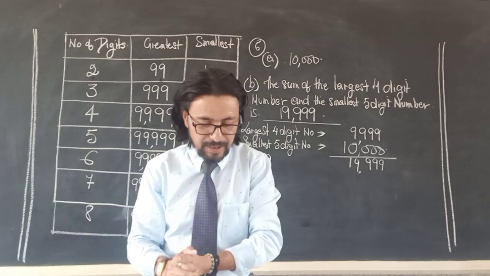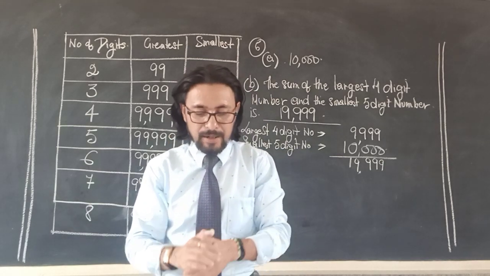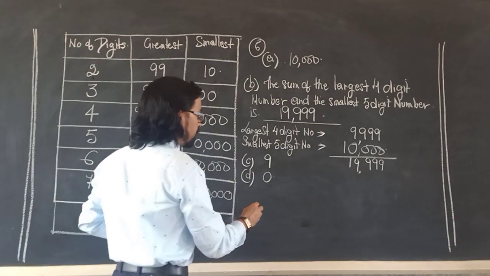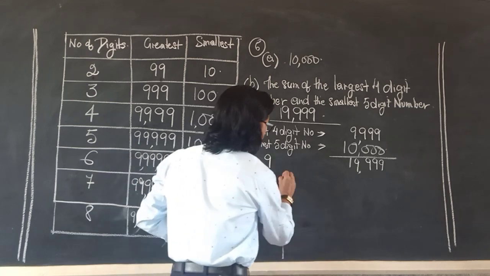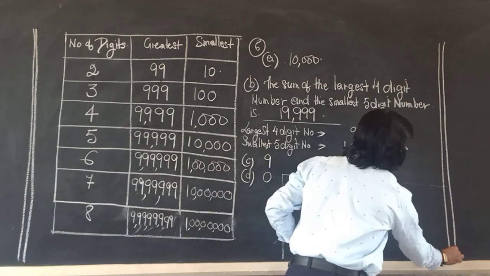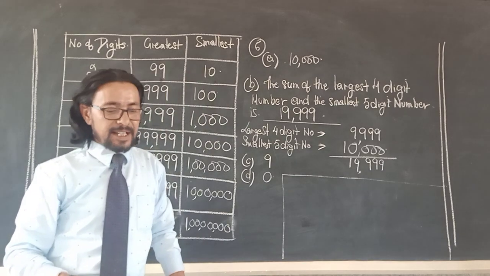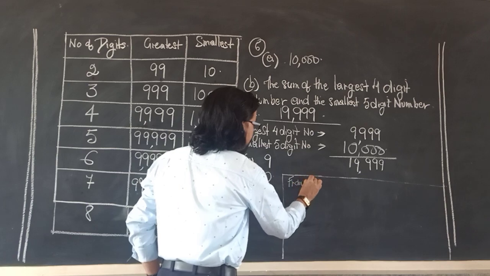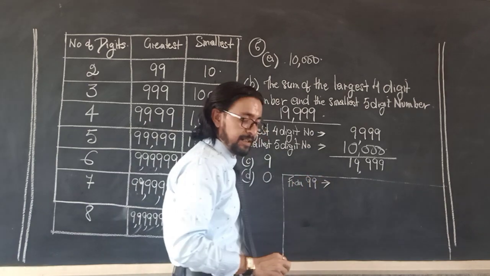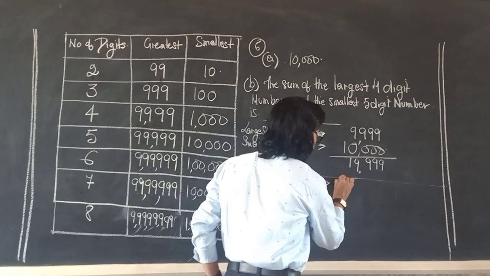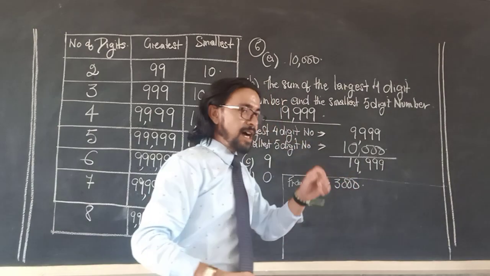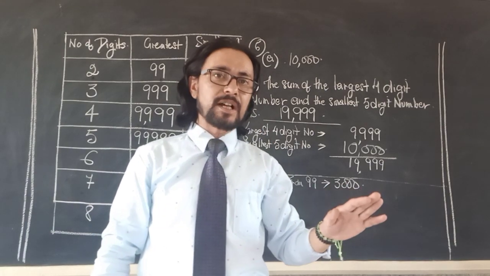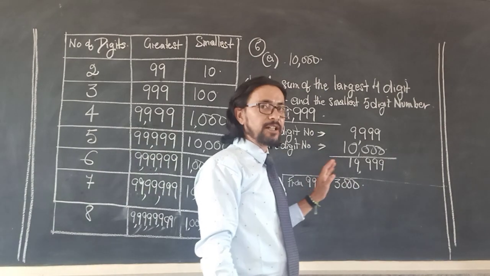Now it says, sum number 7, how many 3-digit numbers are there between the number 99 and 3000? I am putting a box out here so that I can use my entire working here to show you what they mean. They are saying, let's take numbers from 99 right up till the number 3000. And they are asking you, how many 3-digit numbers are there if you start counting from 99 to 3000?